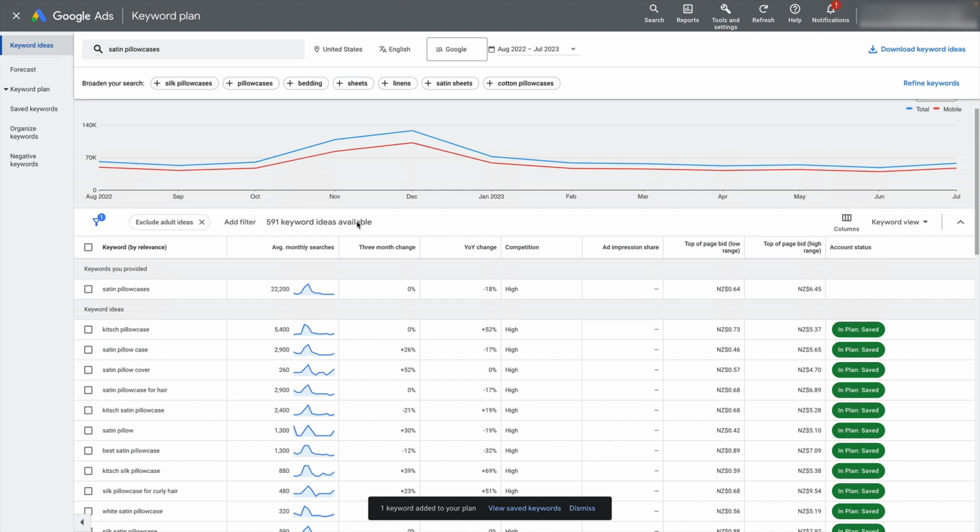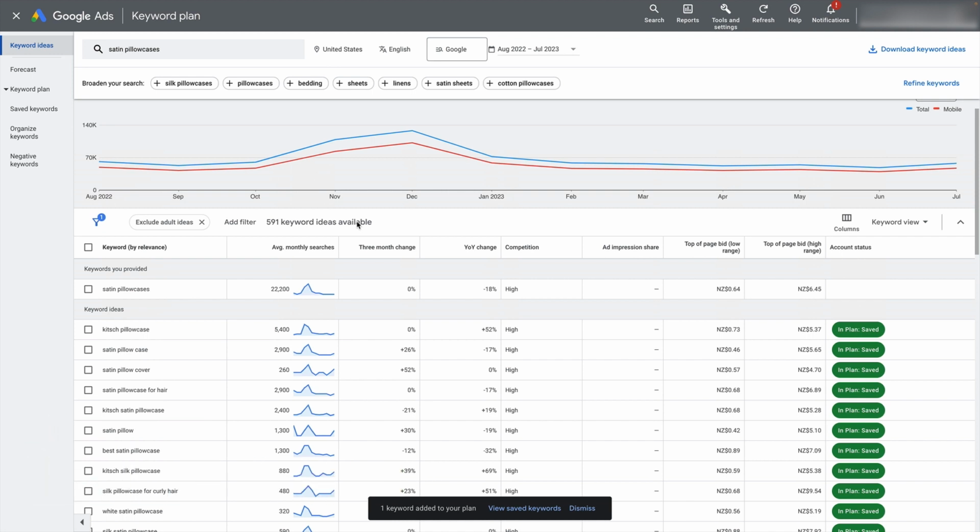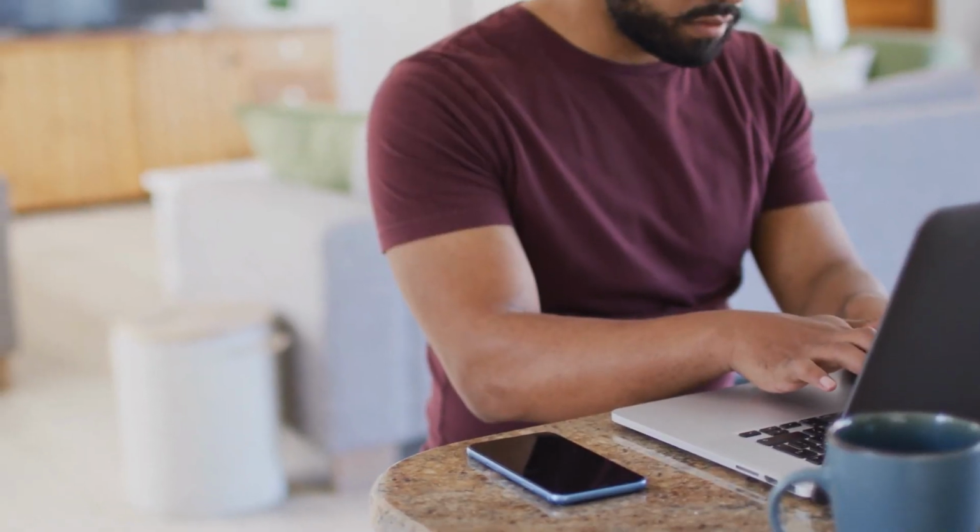but the second way you can use this kind of keyword research mindset is to regularly re-research your keywords. So once you've done initial keyword research, you've launched a Google Ads campaign, you've maybe got a few months of advertising behind you, and you've started to see whether these keywords are working or not. At that point, you don't want to just sit and rest on your laurels and assume that you've got every keyword that's in here. No, you want to come back to this tool